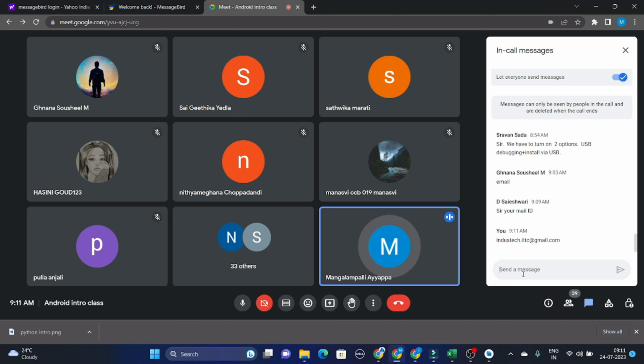Based on that, we can extend our application to create any kind of application. Login page and registration page are the fundamentals for any application. For example, you want to create an e-commerce application like Amazon or Flipkart. Login page and registration are common, and in the home page you need to